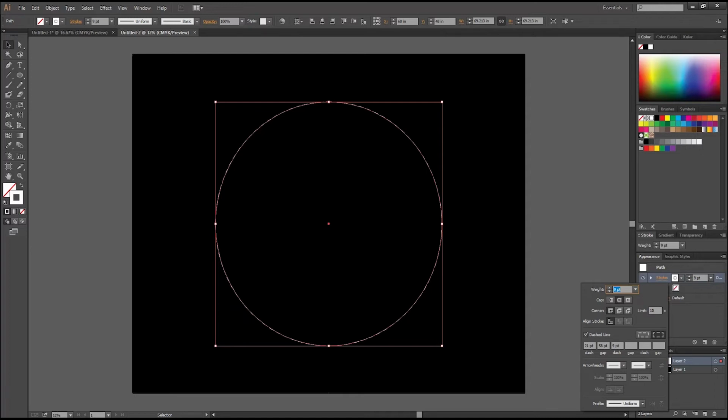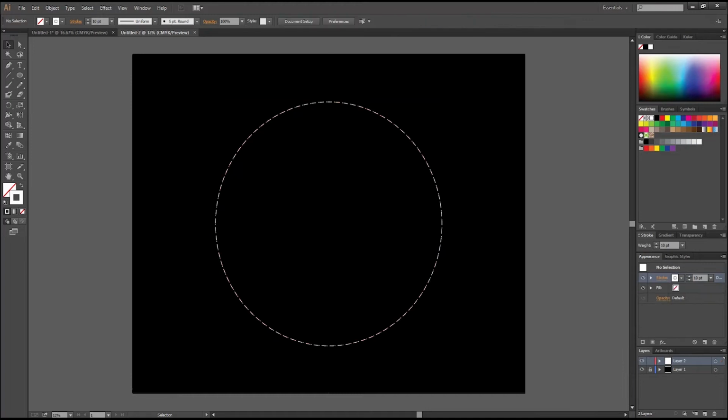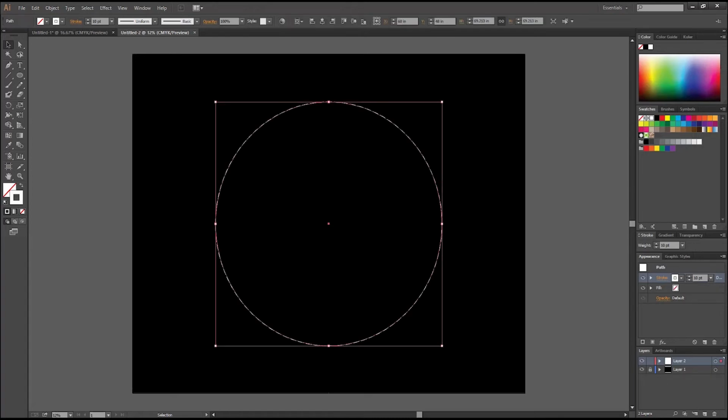As I am changing the number, I will just keep it at 10 so that it will be more visible. So right now we can see here this is now more thick. Okay, so now my dash line is there, but how to create a circular design? To create the circular design, we will just select this particular circle, and then we will go to Effect,